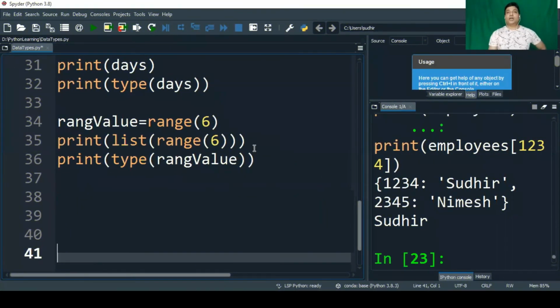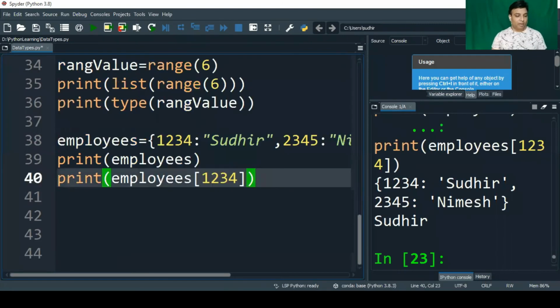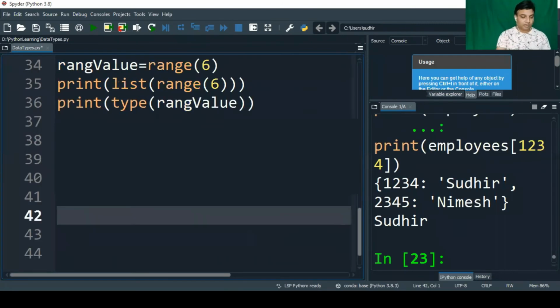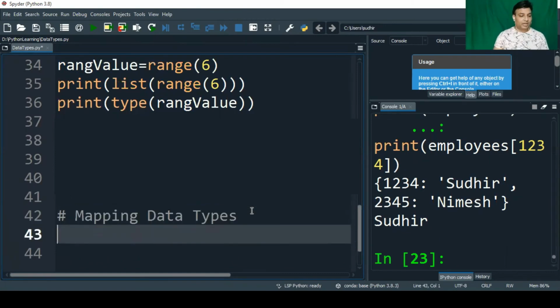So guys, till now we have seen three data types, right? One is none. The second category is numeric type data types, and the third one we considered was the sequence category. Now what we are going to consider is mapping, the mapping category of data types. So what comes under the mapping category is... Mapping data types. Okay, let's understand this with an example.